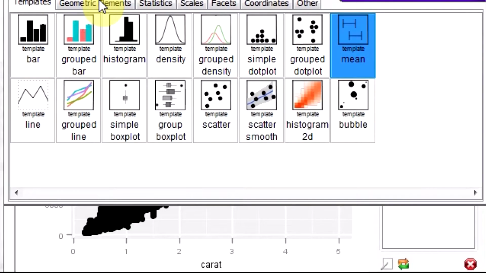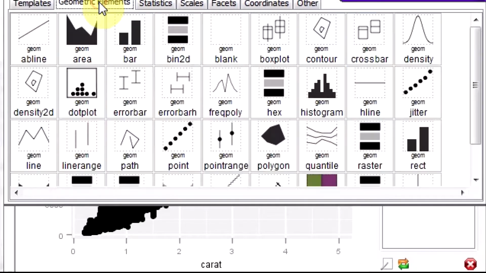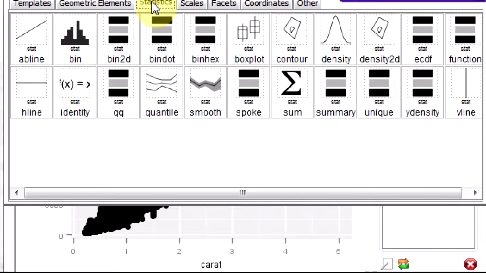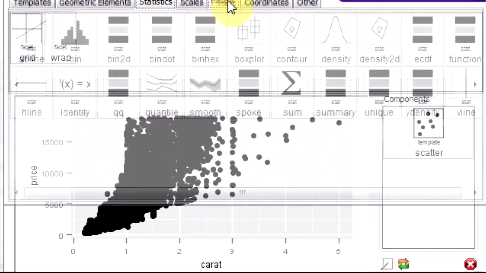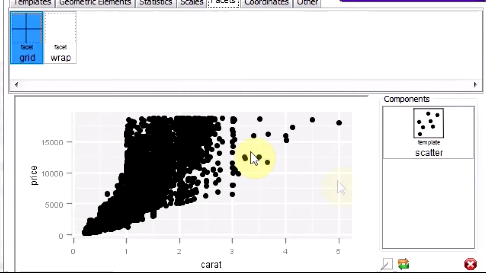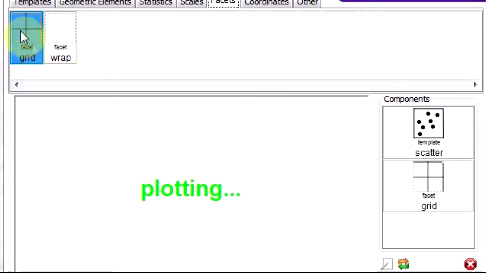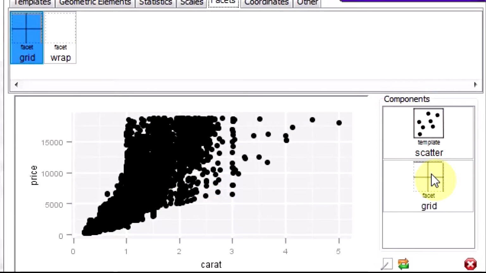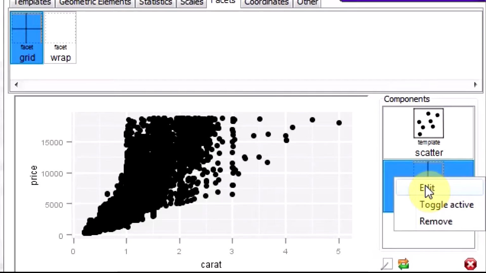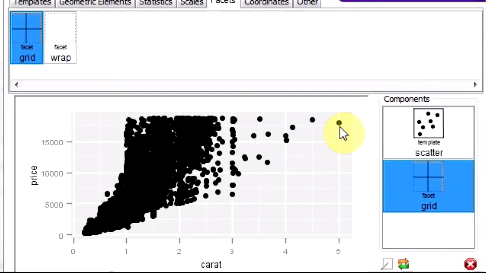Then look into the geometric elements. I can change the geometric elements. I can change the statistics. I can even change the facets. Let's say I did grid, edit the grid, right?